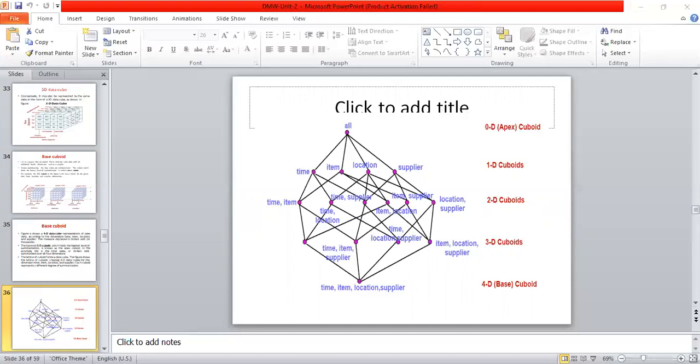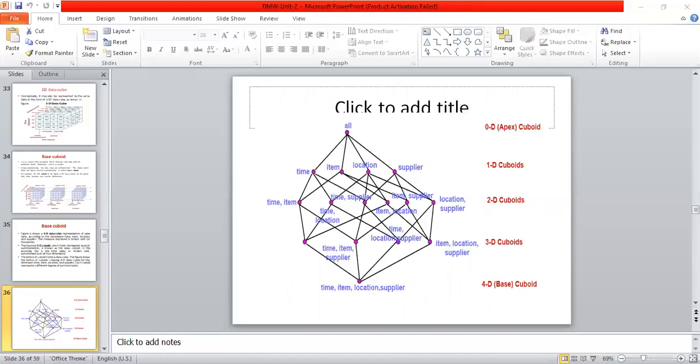The same with the 3D cuboid. Under a 3D, there are only time, item, and location. Then in a 2D, there is only time and location. In a 1D, only a single one, that is either time or item. And at 0D, it is called the apex cuboid, which has all the information.